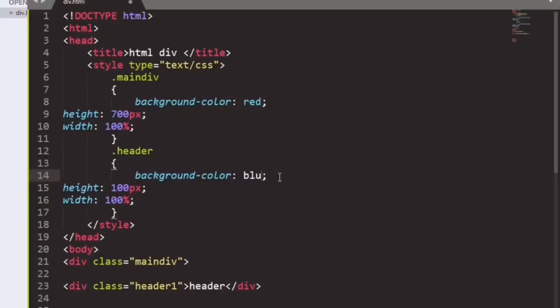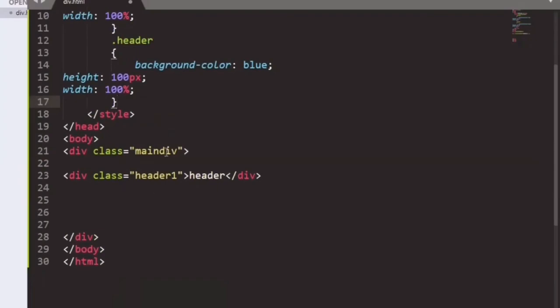So now we will take blue here and we will write here 1 because there was header dot 1. So save the file, go to the browser and check the div.